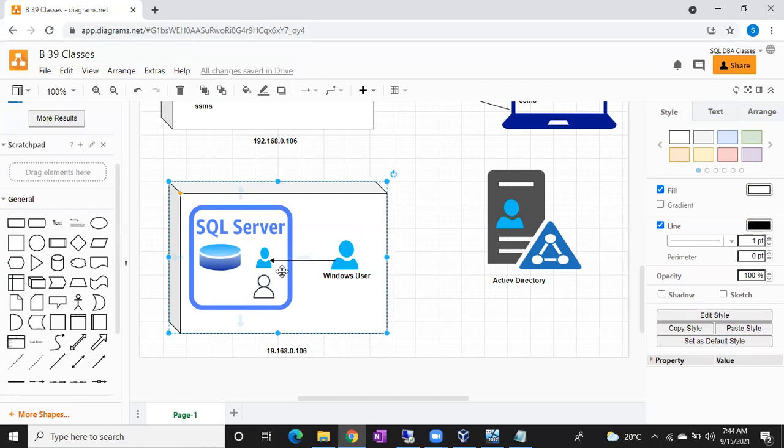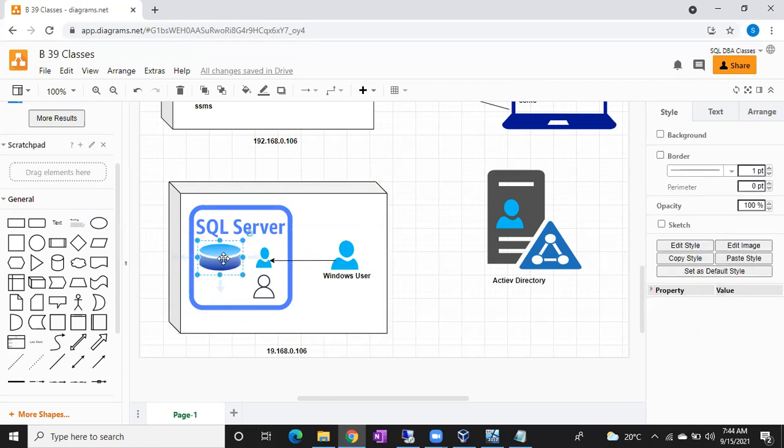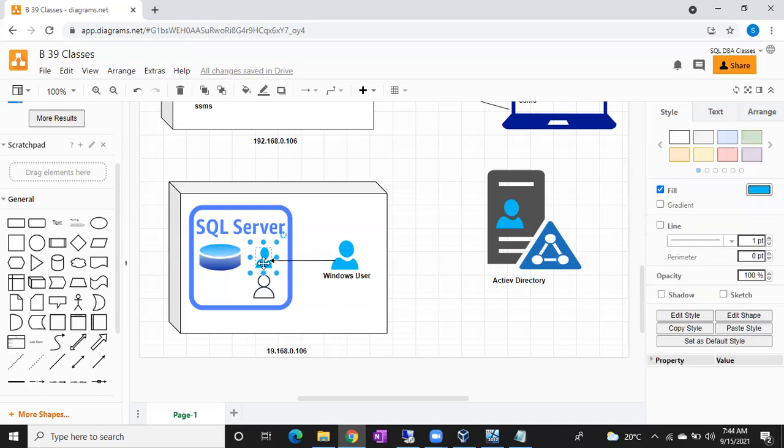Right. Now, can Srinath connect to the database? I just created a login for Srinath. Srinath can connect to the SQL Server now, but my question is, can Srinath access any database?